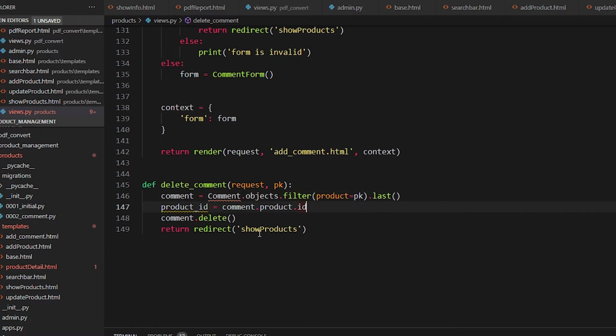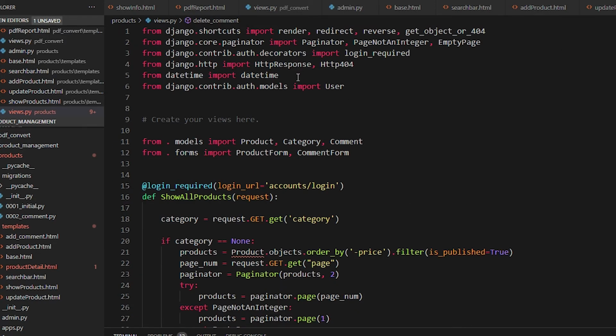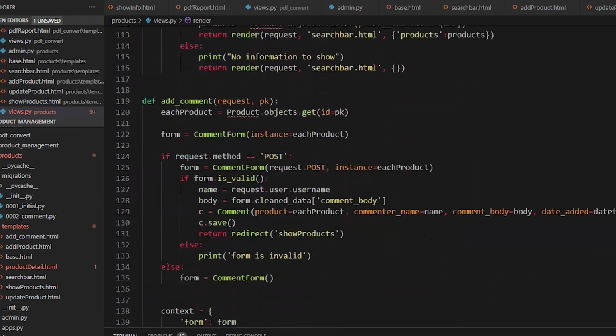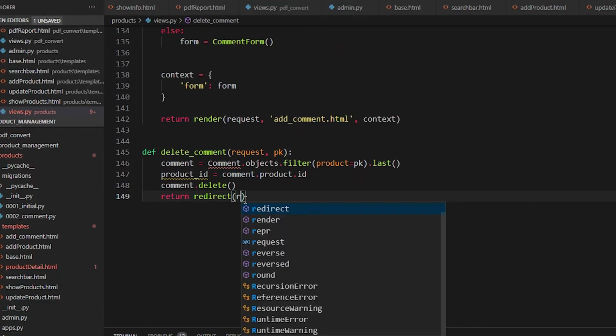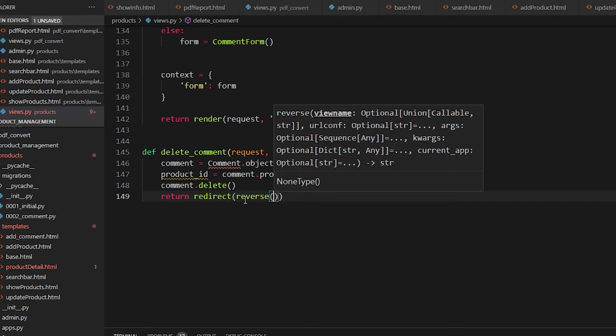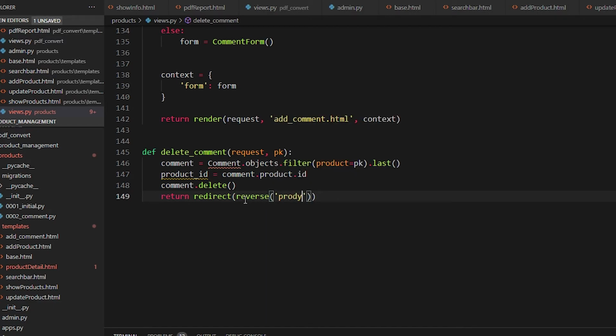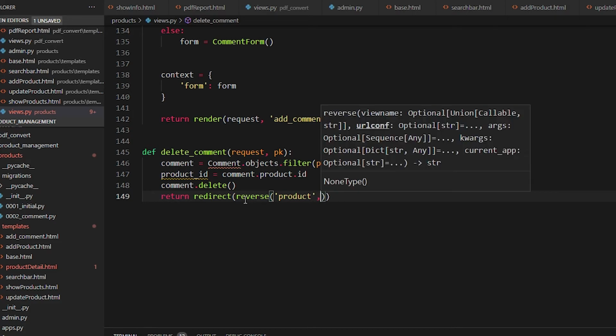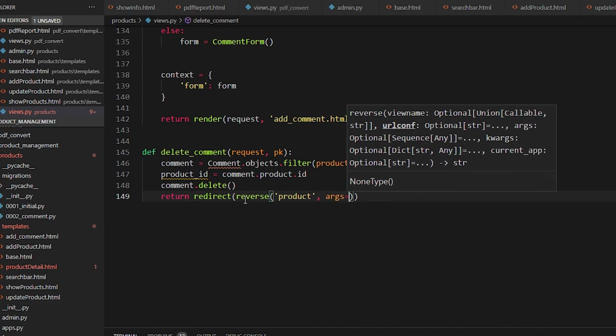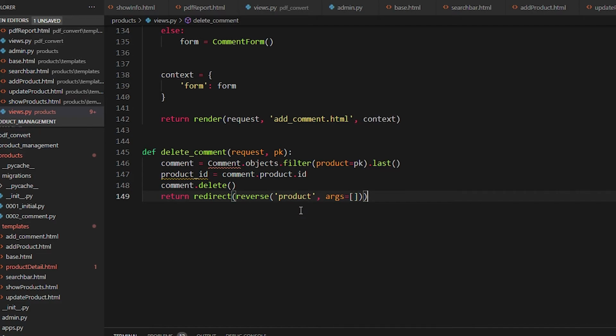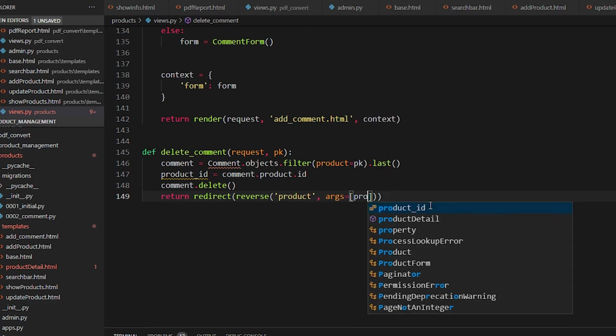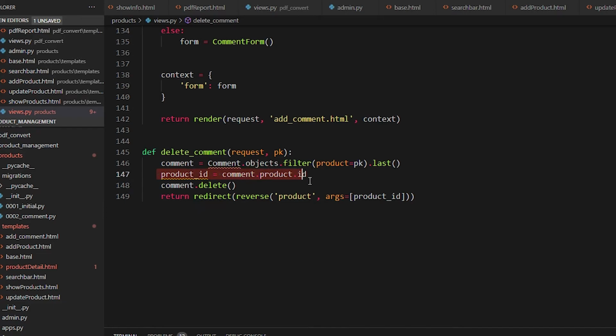Okay, and for that I need to add one more thing. In the redirect, I need to use reverse. For using the reverse, you will use the from django.shortcuts import reverse. You need to use that thing. So I'm gonna use reverse. I'm gonna name it as product, and I'm gonna get arguments. I'm gonna pass as list, which is product ID, and product ID is this product ID